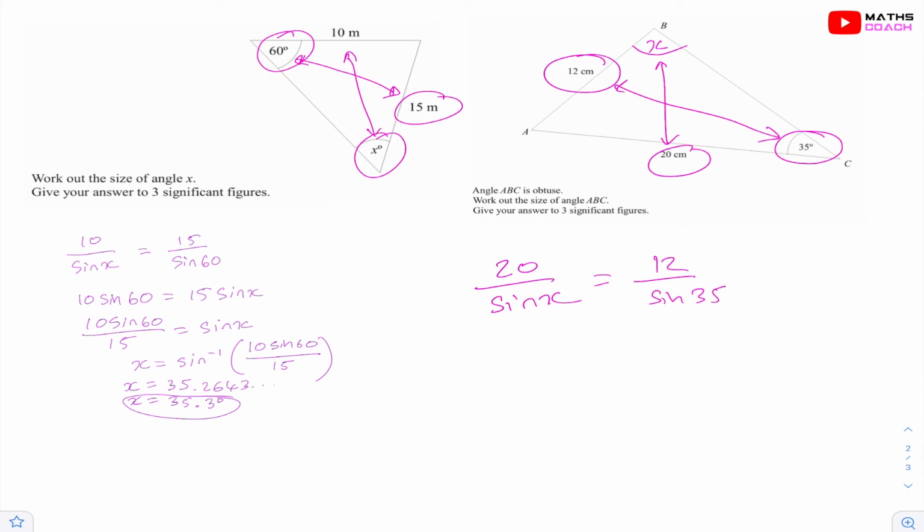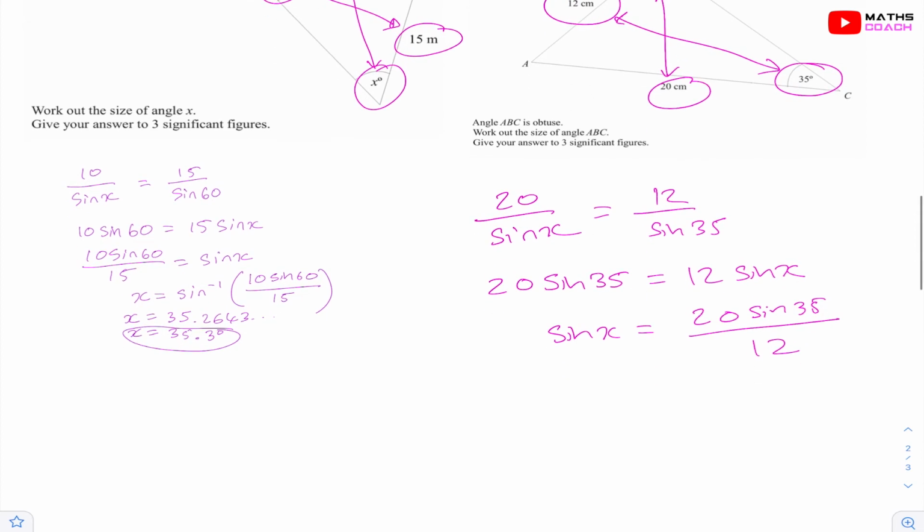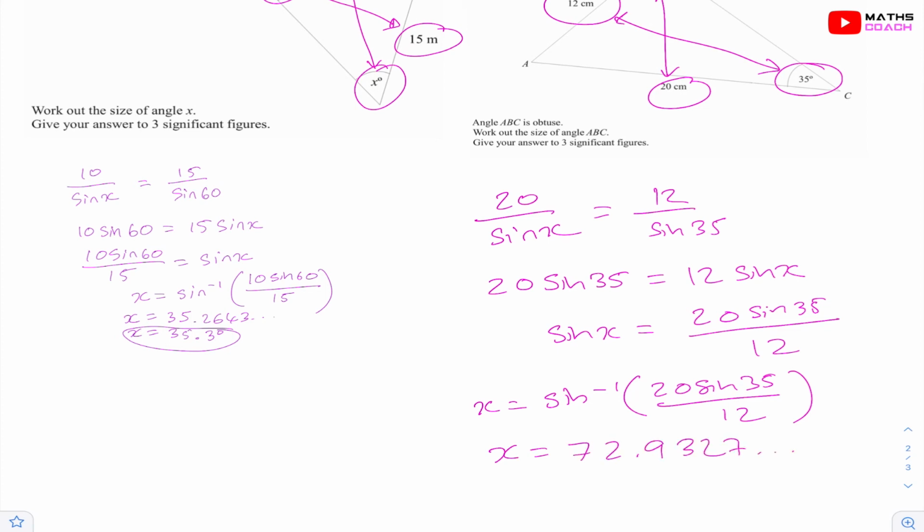Once again, we're going to make sine x the subject, and then we're going to do the inverse. So we're going to cross multiply over here. So we get 20 times sine 35, and that's equal to 12 sine x, and then we divide by 12. So I'm going to write sine x on this side this time. So I get 20 sine 35 over 12, and then I'll do the inverse of sine. So therefore x is equal to inverse sine 20 sine 35 over 12. So now we just go into our calculators and knock that straight in and round your answer to 3SF. So you get x is equal to 72.9327 ... and to 3SF the answer is